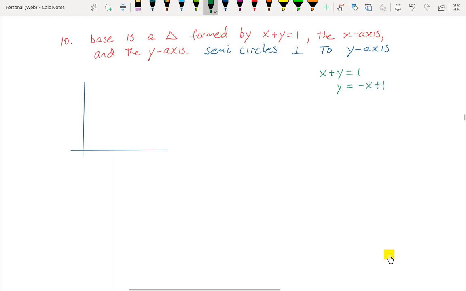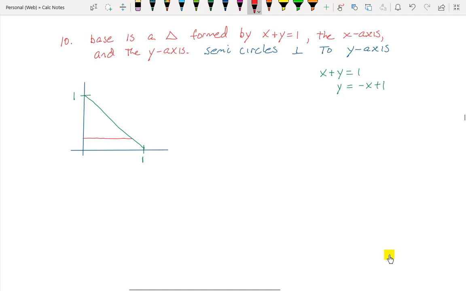All right, so I'm going to go up here to 1 on the y-axis, and negative x is just a slope of 1 to 1. So I'm going to come down to the x-axis at positive 1. And so there's my picture. So there's my triangle formed by those three parts. And then I have semicircles that are perpendicular to the y-axis. So this time again we're going